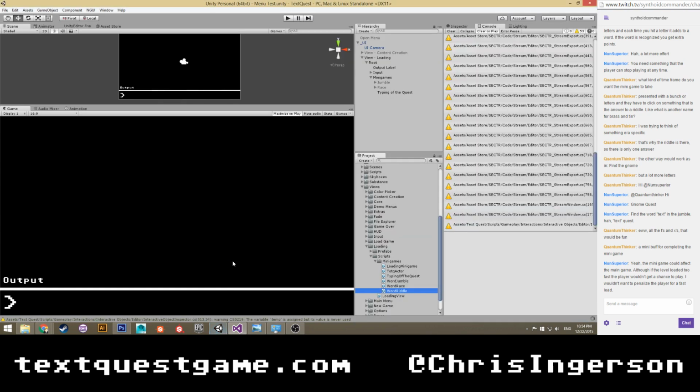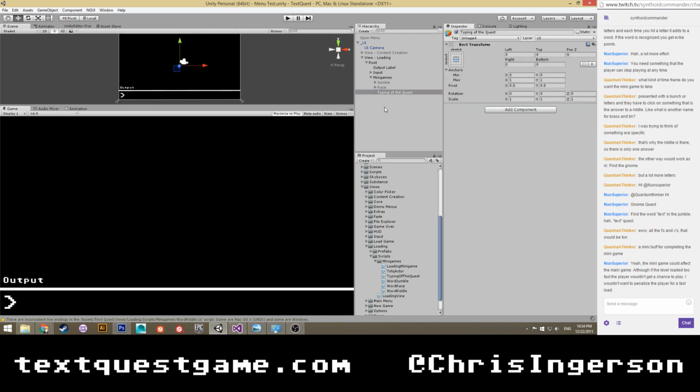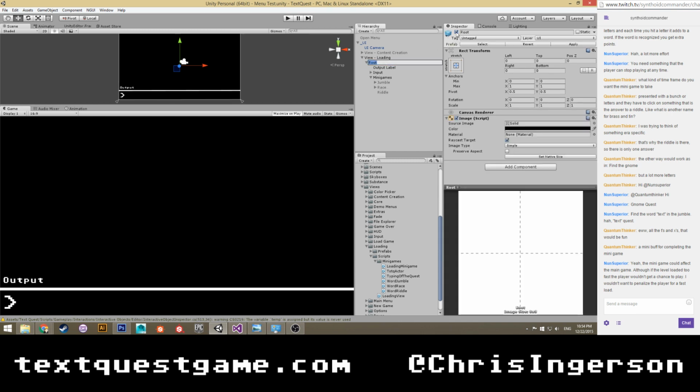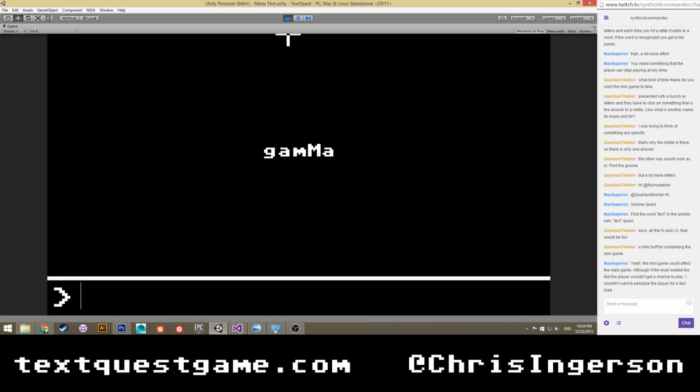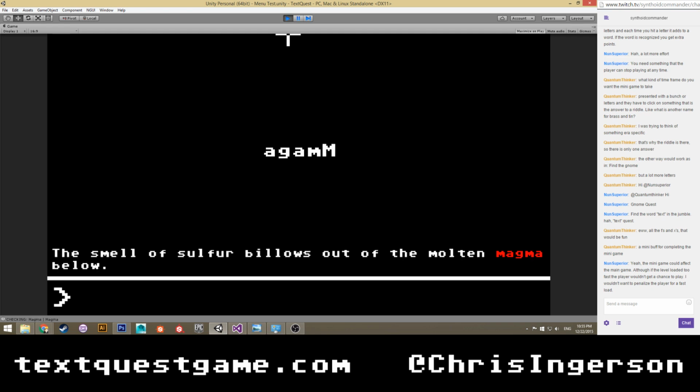So whenever you do something, let me go ahead and play one of the existing mini games right now. Call this riddle. I'll turn it off. Let's disable this. So currently, whenever you play a mini game, so this one is the anagram, magma, it gives you a bit of flavor text.